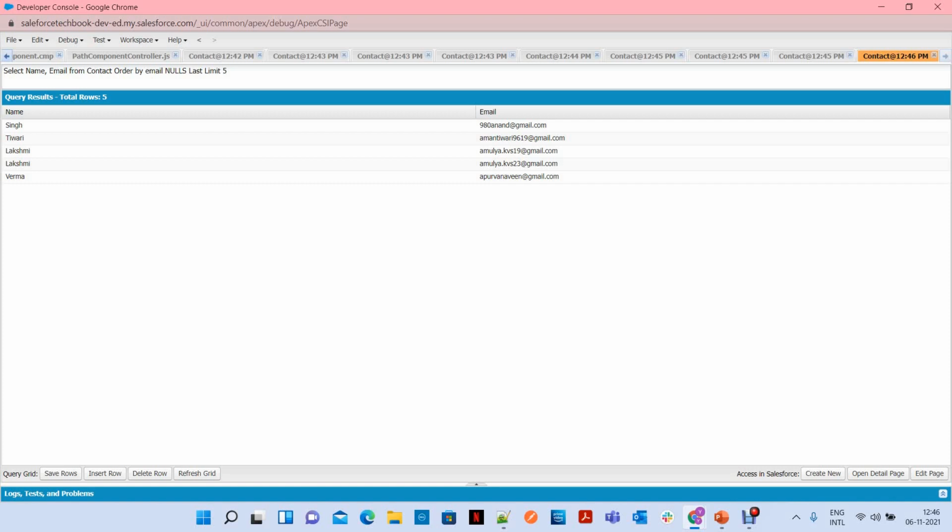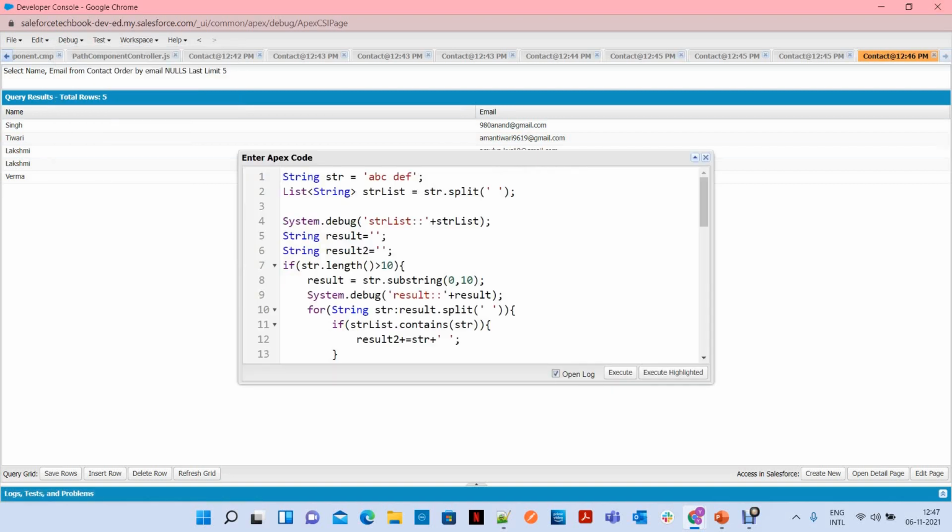Now, what we learned here is how to write a simple SOQL query, what the required SOQL clauses are, and what else we can do, like filtering, ordering the results, and limiting the results. Now let's see how you can access the result. You have the query editor where you can see the result. Now I want to access the result. How can I access the results?